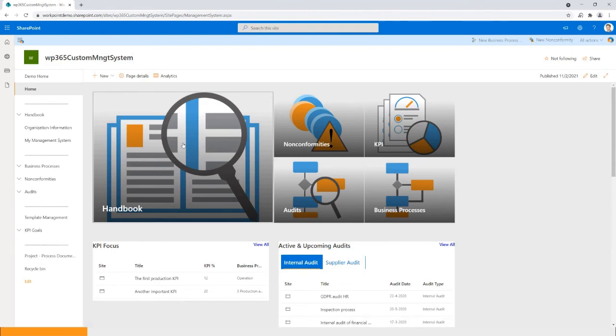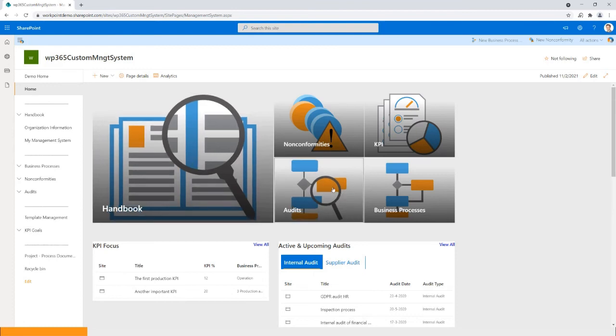Now, finally, we have audits. Some organizations are ISO certified, and they know all about when there's a certifying body coming out to review them, to audit them, to make sure that they live up to the ISO whatever certification. But audits can also be done internally in the organization. Our audit module is